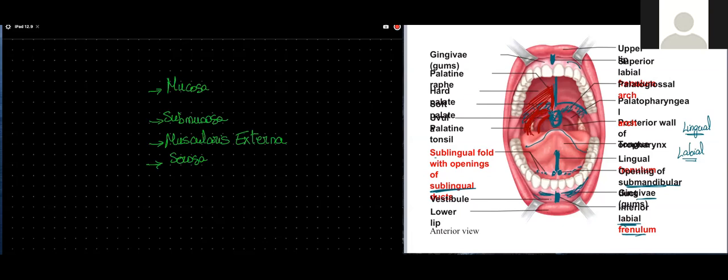It goes from the hard palate to the tongue first and then to the pharynx. So the anterior one is going to be the palatoglossal, and the posterior